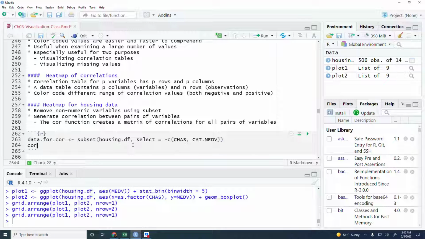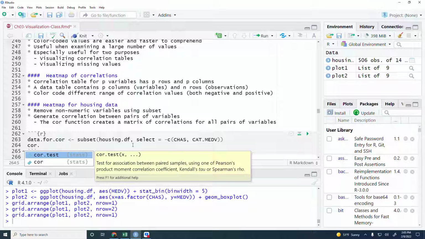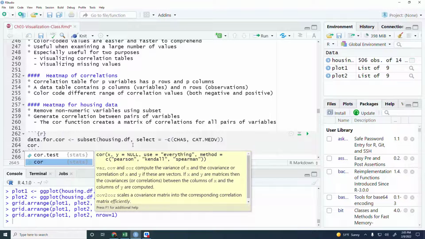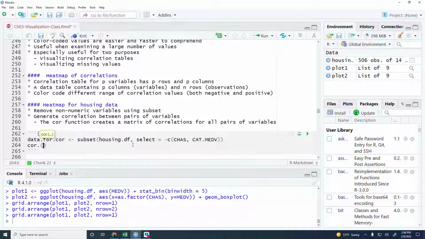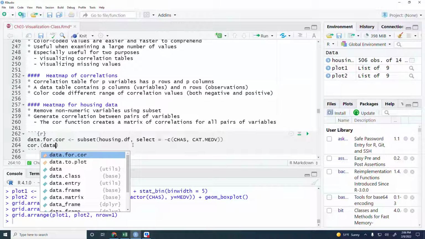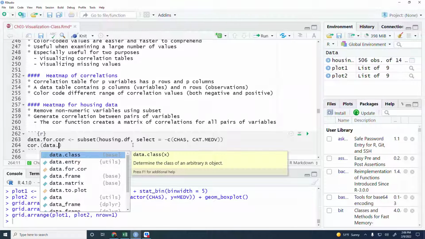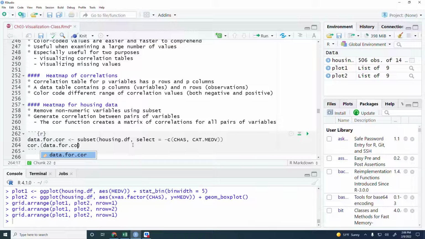the function is just cor for correlation. Correlation, well, here, there is one thing, I'll talk about that in just a second. Data for